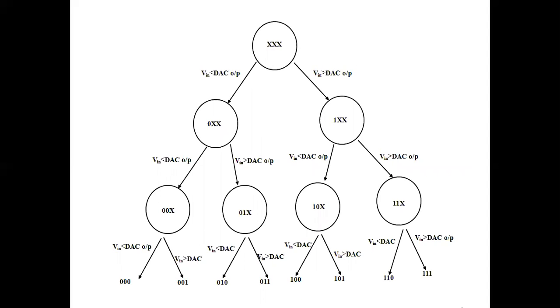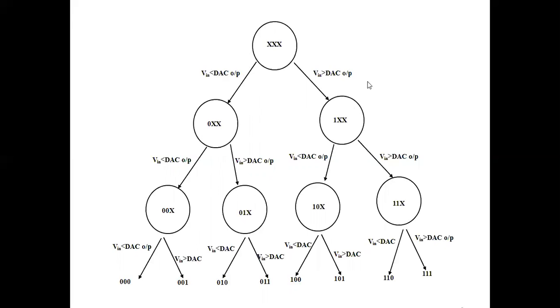For simplicity, I have taken one example of a 3-bit converter to show how it works. Suppose initially all bits are reset, and suppose our input voltage is greater than our digital to analog converter output, then the first bit will be set, and the other bits will remain as they are. In the other condition, if the input voltage is less than the DAC output, then the first bit will be set to 0 and the others will remain the same.